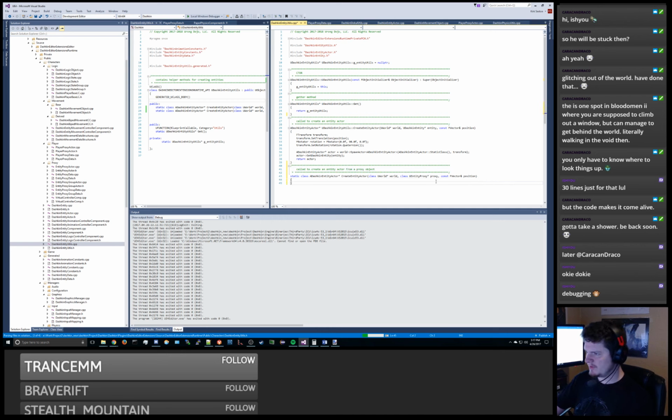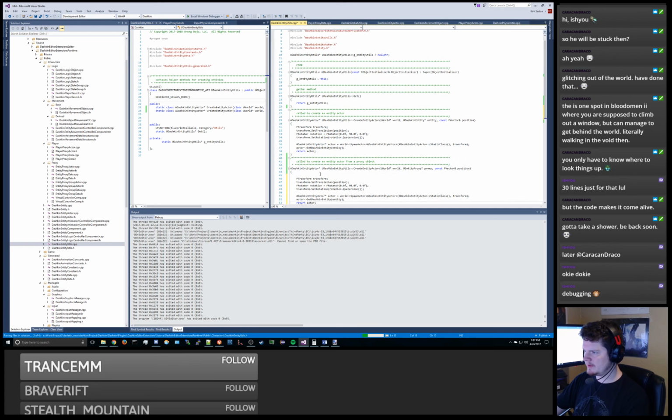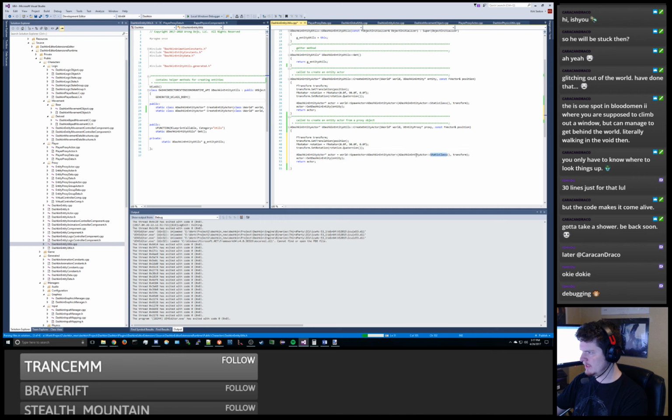And the reason we've got the split between proxies and actual things is because, well, there's data in Unreal and then there's things that are not data in Unreal. So that is our transform and all that stuff. Entity actor static class, we're going to set the entity to the entity here. So the actual entity actor is going to probably need